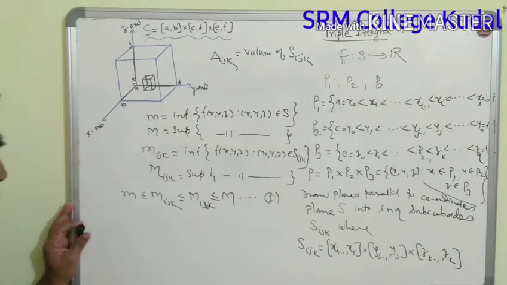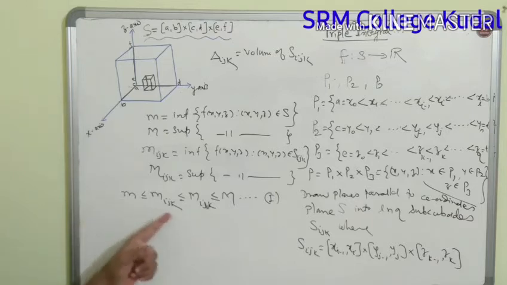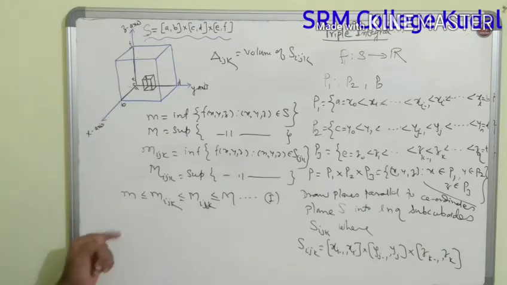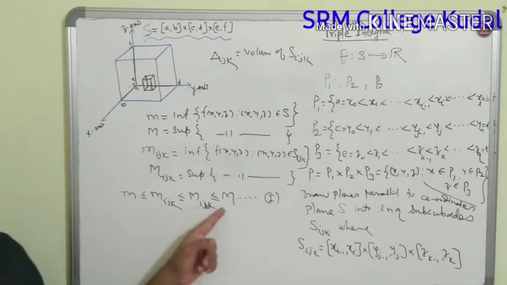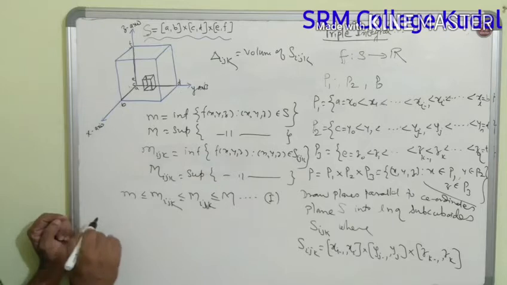Okay, now what we will do is, once again, see all these are real numbers, and these real numbers have this type of relationship that we are going to use further. Now we define the Riemann sum